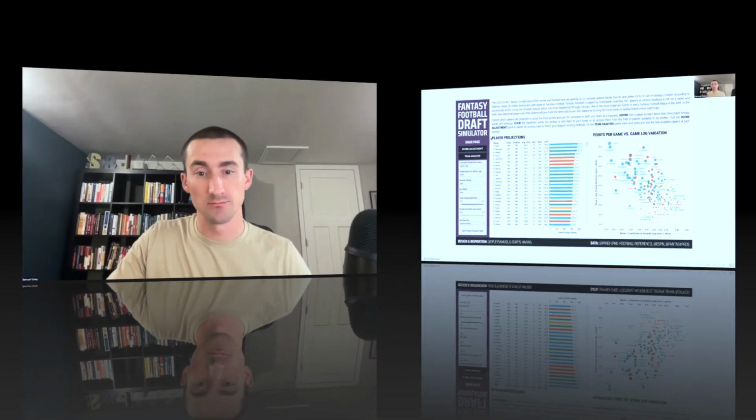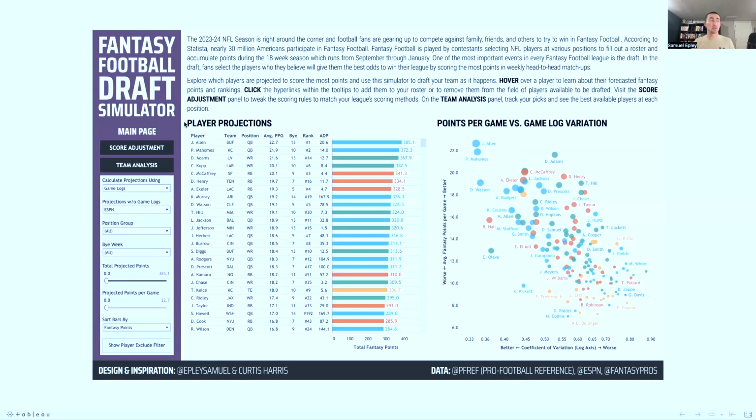So with that, I want to jump into it and show you what the final dashboard looks like up on Tableau Public. So here what we can see is the fantasy football draft simulator. And on this screen, we have two different charts, a bar chart and a scatter plot, which allow us to evaluate the level of production for different players and the level of consistency in terms